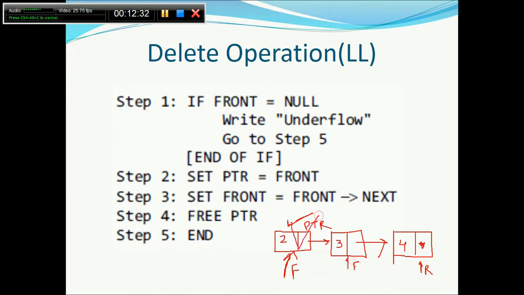Okay, it has been deleted. Which element was deleted first? 2. So it is a simple algorithm, basically there is not much to be done. I will try until this thing gets exhausted. So this is the front now. Now I will try it once. Is the front equal to null? No. So whatever the front contains, copy to the PTR. So PTR will point here. After this, front is equal to front next, so the front will point here now.